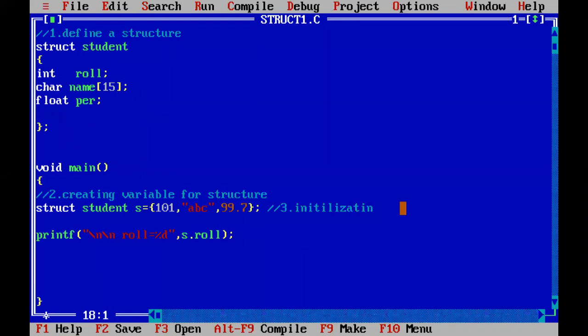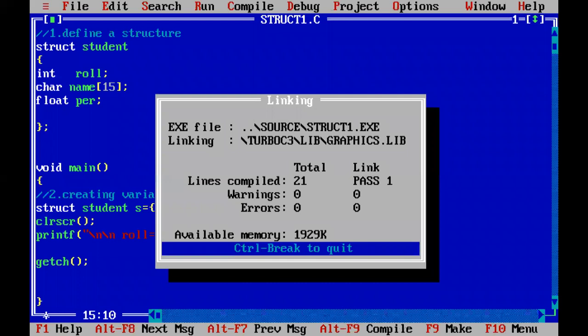To stay back on the black screen, we will write a clear screen function also. After declaring all the variables, I'm writing CLRSCR. So Alt F9 is the shortcut key to compile. Zero errors.